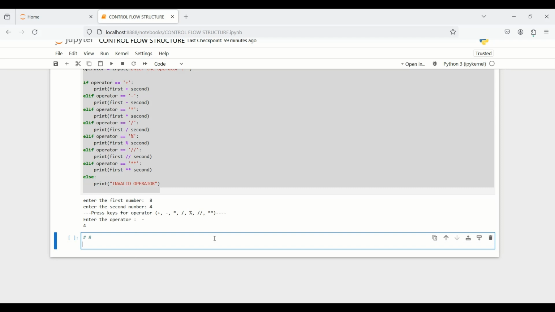So now type here: question, write a Python program that prints something according to the given condition, given weather. Okay guys,